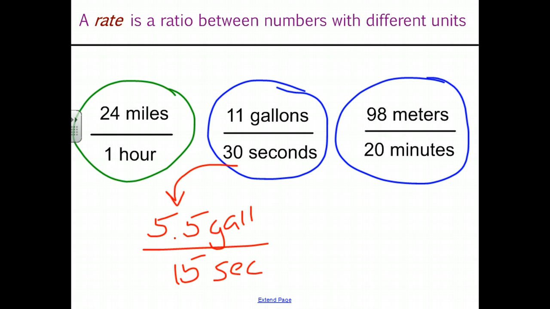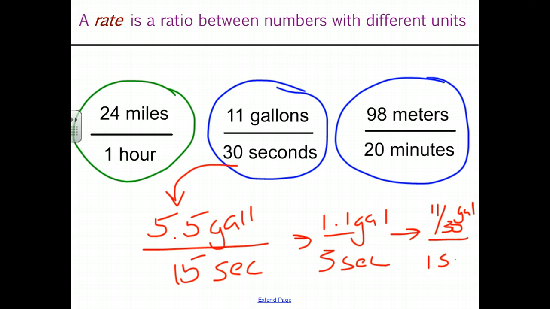Divide it by 5 and we have 1.1 gallons in 3 seconds. We could even, if we wanted to, divide it even further and get 1.1 divided by 3, that is 1 1/10, times 1/3, 11/10 times 1/3 is 11/30 of a gallon